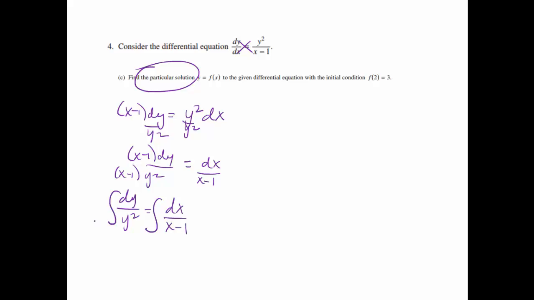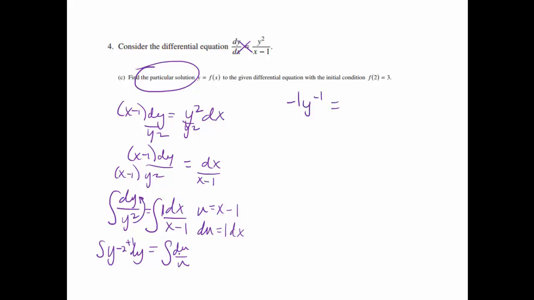I am now allowed to take the integral. On the left side, I'm going to rewrite this. I'm not going to do a u substitution because I can just bring the y up. And on the right side, I am going to do a u substitution. So u will equal x minus 1, du will equal 1 dx, which I do have the 1 sitting there. So this is actually going to turn into a du over u problem. Okay, the integral of y to the negative 1, add 1 to it, and reciprocal on the outside will be negative 1 y to the negative 1 equals the integral of du over u will be ln u. So this will be negative 1 over y equals the natural log of my u, which was x minus 1